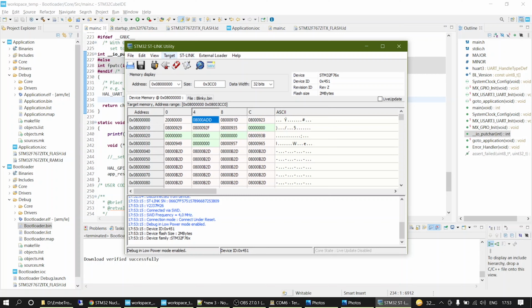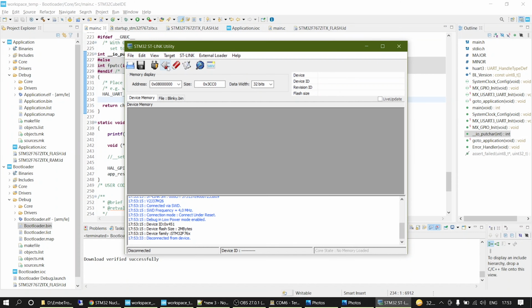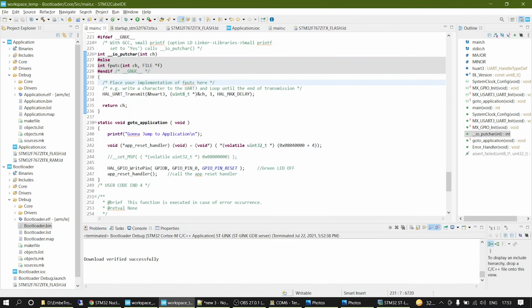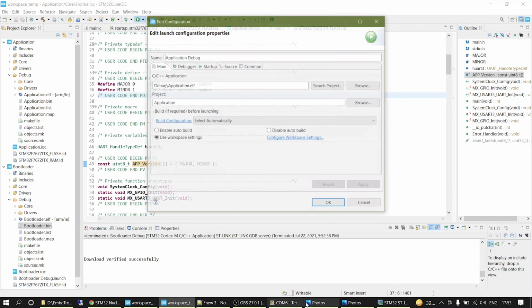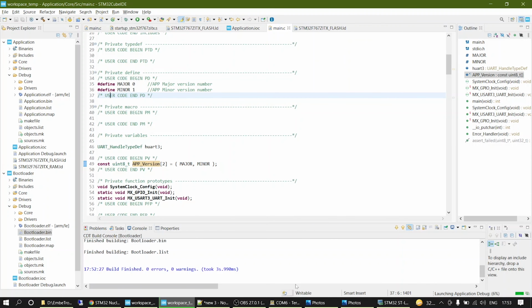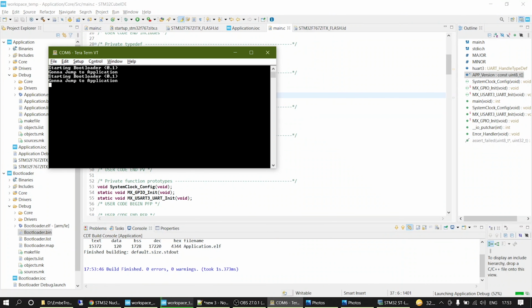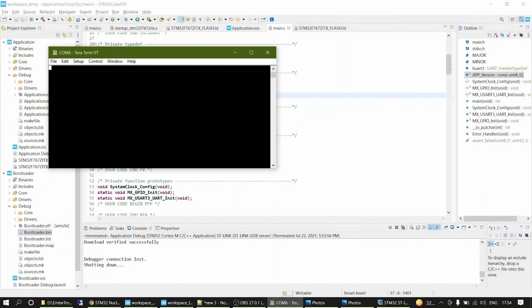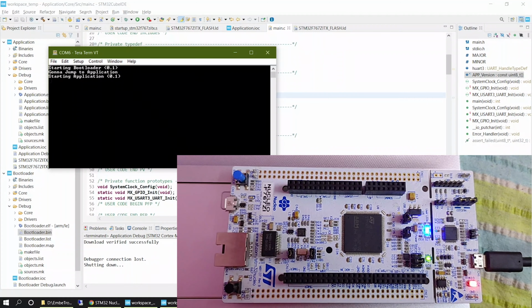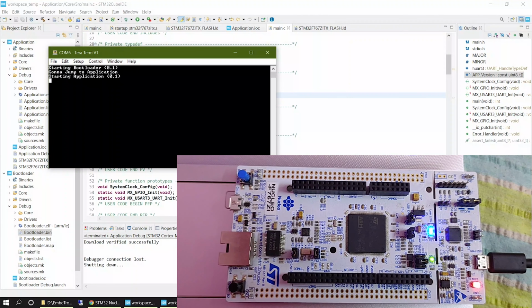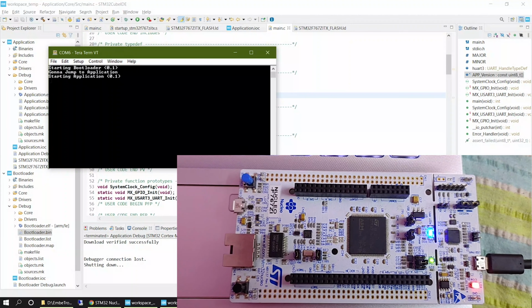Now we will flash the application. Go to the application file and flash. By the time, I will clear the serial terminal. Can you see this? Bootloader prints and application prints are coming. And check the LEDs also.